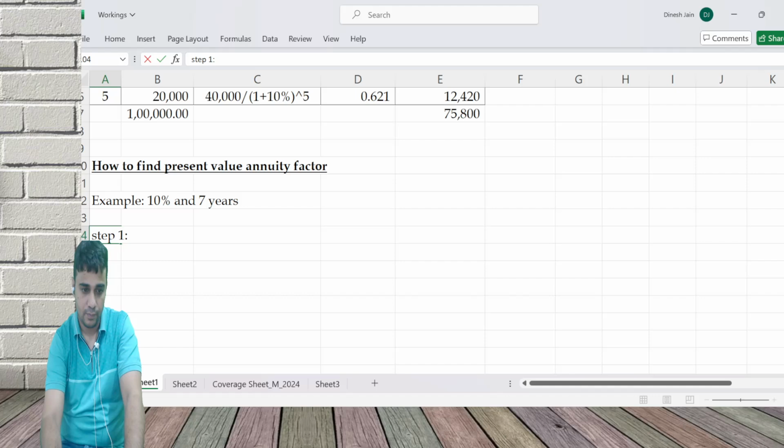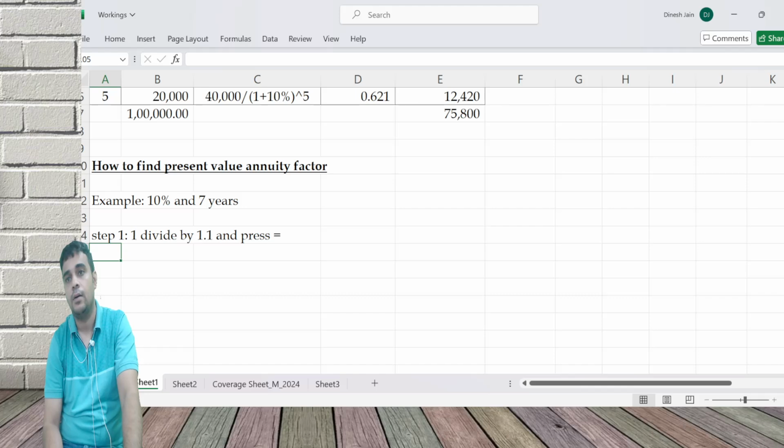Step 1. 1 divide by 1.1 and press equal. This is what you will do in the calculator. Depending on whether you have the GT button or not, your step 2 will change. I would prefer if you have a GT. If you don't have, then step 2,